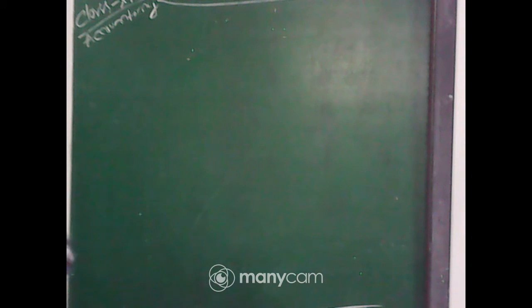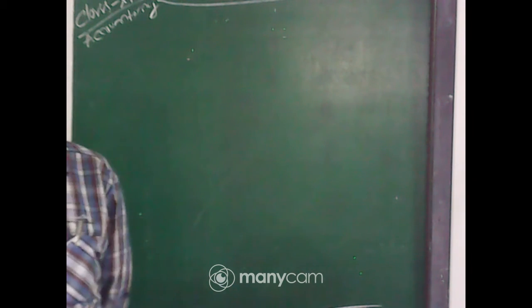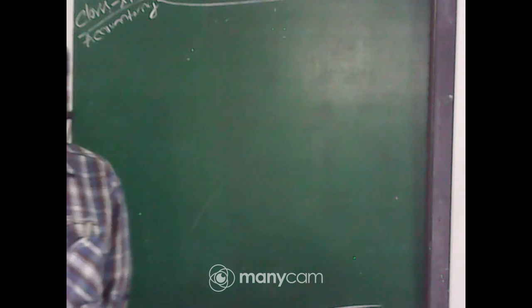Now in your NCERT book, page number 233, question number 22: trial balance of Kholi did not agree and showed an excess debit of rupees 16,300. There is a trial balance, and the excess debit is 16,300. So the trial balance does not match. So what is the reason the trial balance does not match?